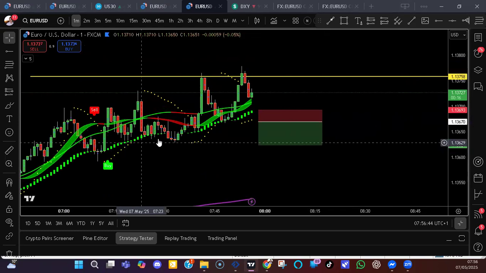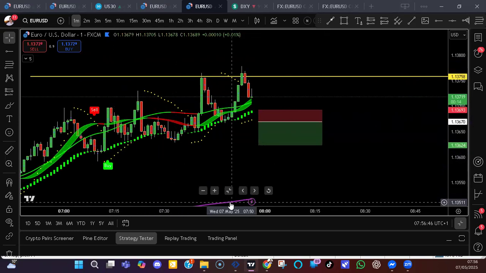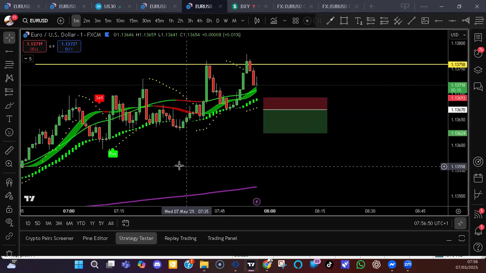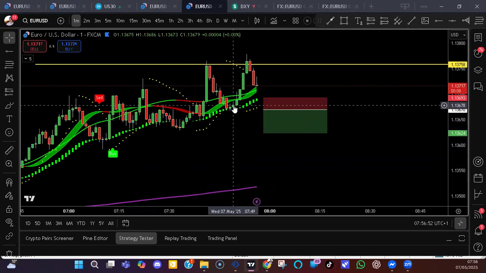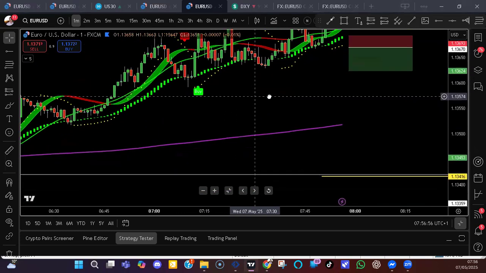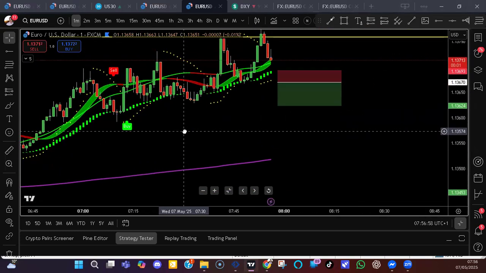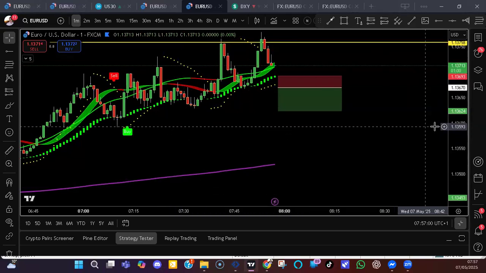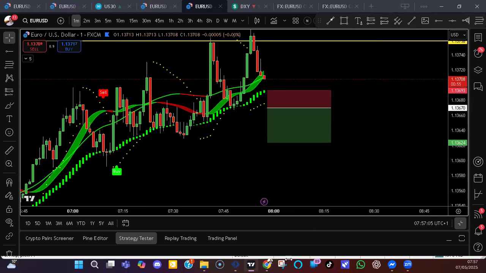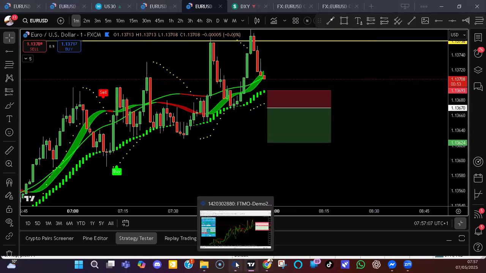But we're above the purple line. So there is a natural buy bias going on. But we could have a small retracement. And if we do, hopefully it'll be enough for us to get a trade. So it'll be prudent for us now to